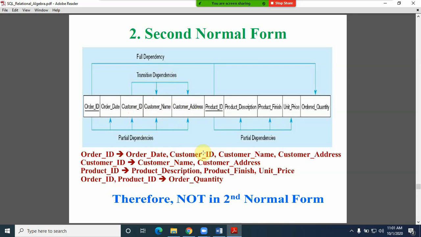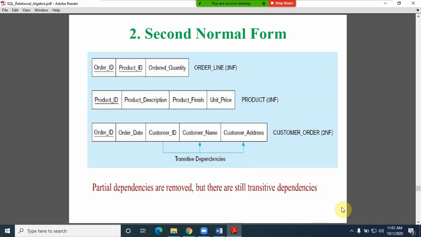Anyhow, transitive dependency we are not going to resolve here, because that is the thing we are considering in the third normal form. But here the problem is, at this moment, if I want to convert this table into the second normal form, as there are partial dependencies in this particular observation, if any table is having partial dependency, the table is not in the second normal form. But how to convert the table into the second normal form? Just observe here, friends.